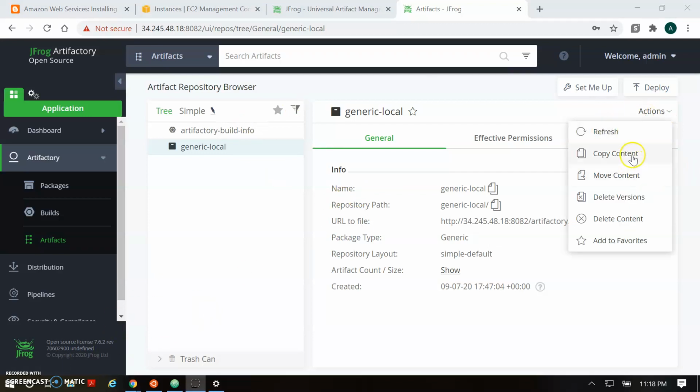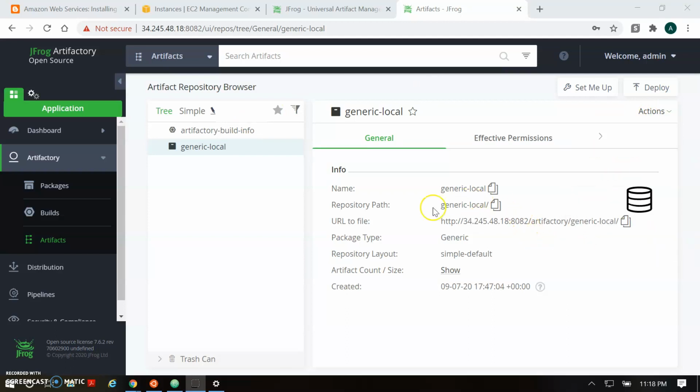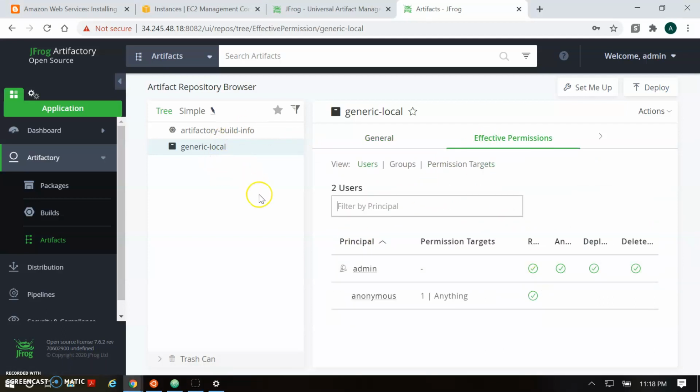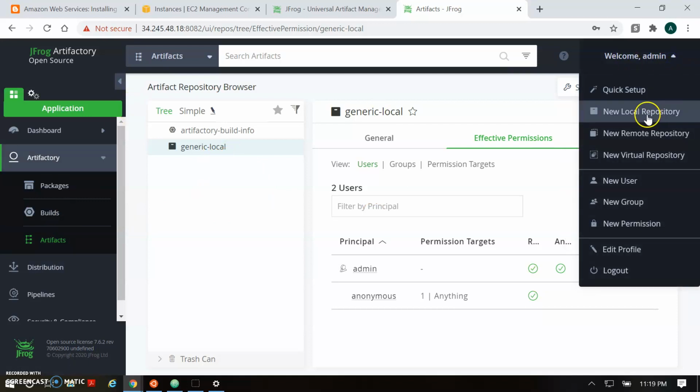Here you will find the different options for deleting versions and copying content. This is generic information for your artifact repository. Here you will find the admin section where you can create the quick setup. You can create a new local repository or remote repository. You can manage your users, so you can create new users.